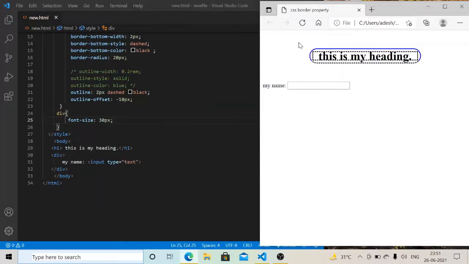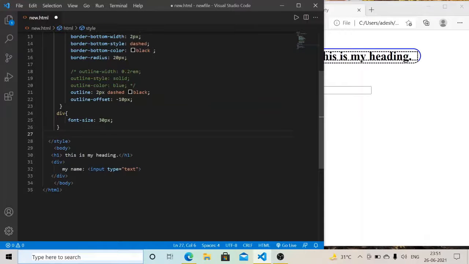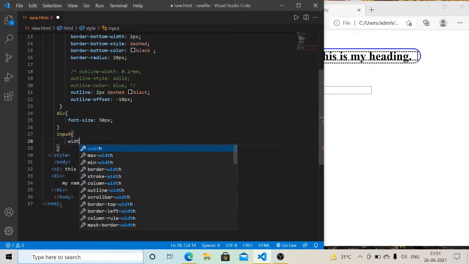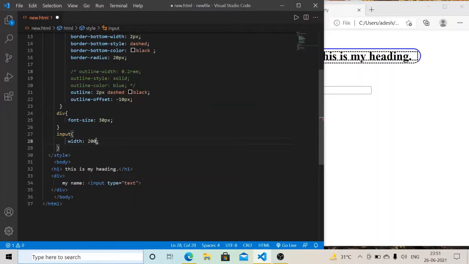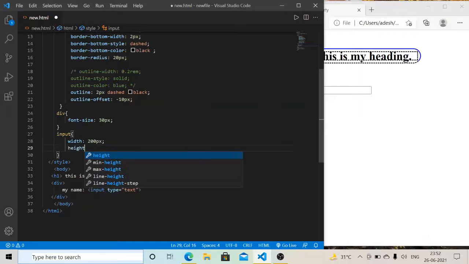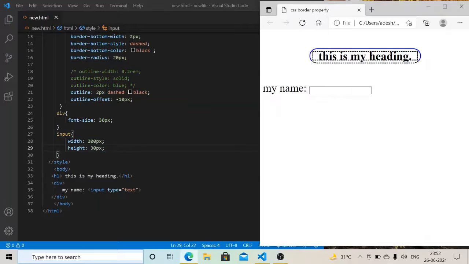Now when I refresh my page, you can see that my name has increased. After that I also increase the height and width of the input box: I give the width 200 pixel and the height 30 pixel. Now save this file and refresh your page. Here you can see that your box has increased.